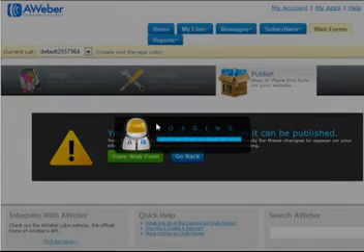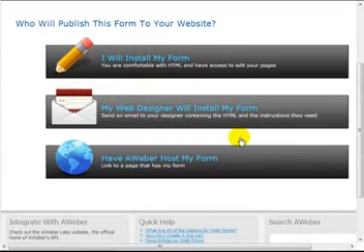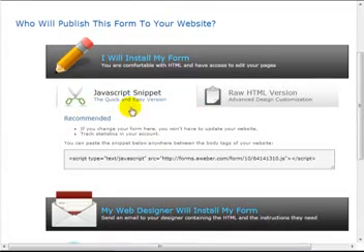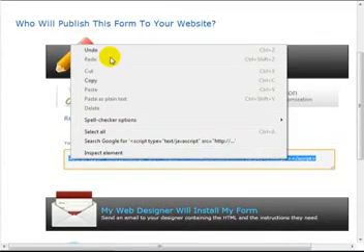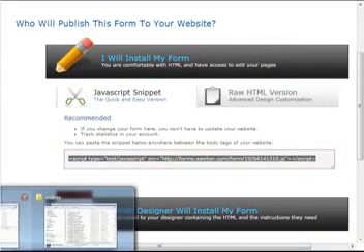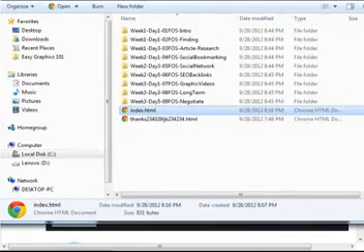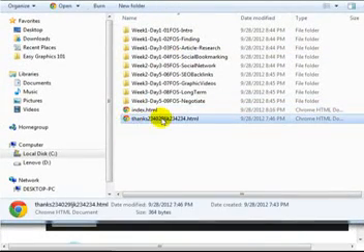Click on Save Web Form, of course. And then I'm going to want to get the HTML or JavaScript code. So it says, let's see, I will install my form. All I need is the JavaScript. So simply highlight this, right click, click copy. And then what I want to do now is to hop on over to my thank you page in my file manager, and I want to edit the thank you page